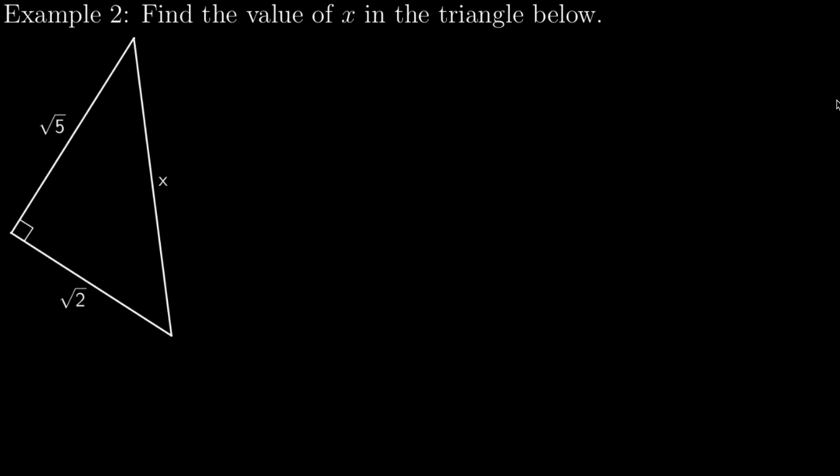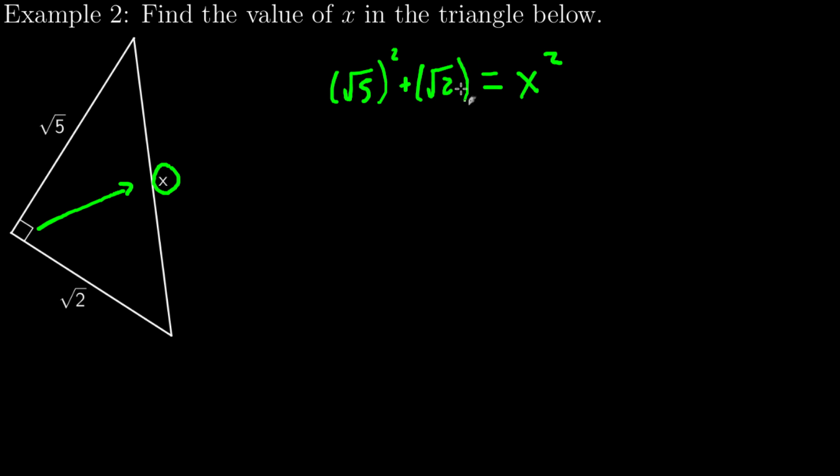Okay, next example. First things first, identify c, so go across from the right angle. C will be x, so I'll put x squared by itself. A and b, the order doesn't matter, so I could have root 5 squared plus root 2 squared. If I square the square root of 5, I just get 5. If I square the square root of 2, I just get 2. 5 plus 2 is 7. I take the square root of both sides,